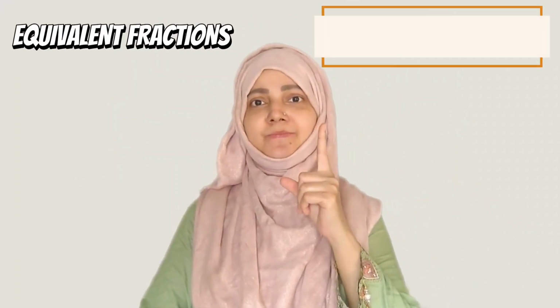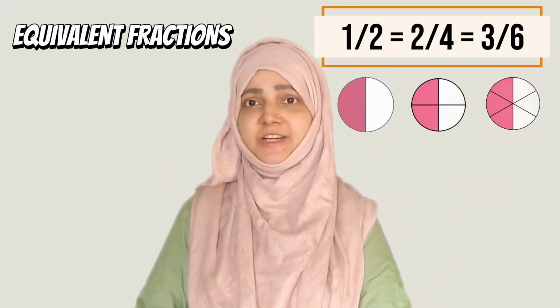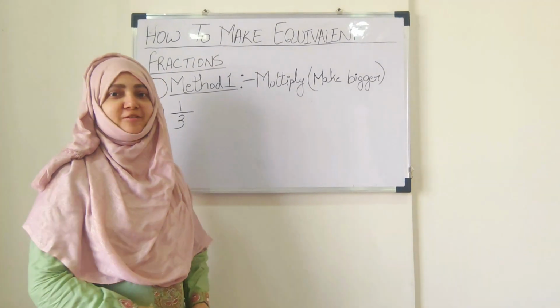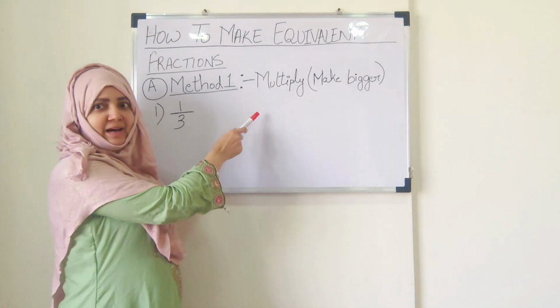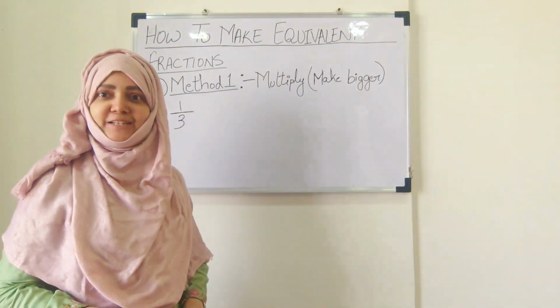Equivalent fractions are fractions that look different but have the same value or represent the same amount. Example: all three represent half. So all show half shaded, so they are equivalent. How to make equivalent fractions? So the first method is to multiply the numerator and denominator with the same number so that we get bigger